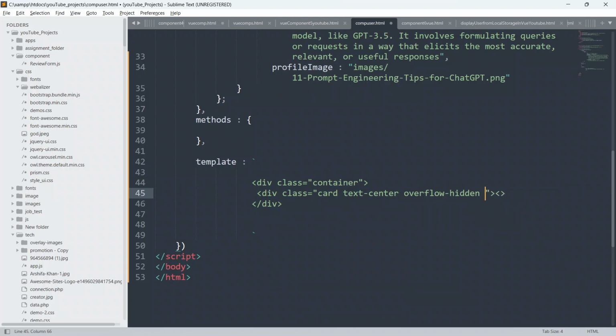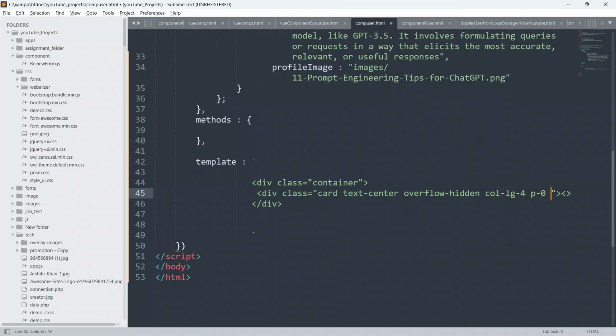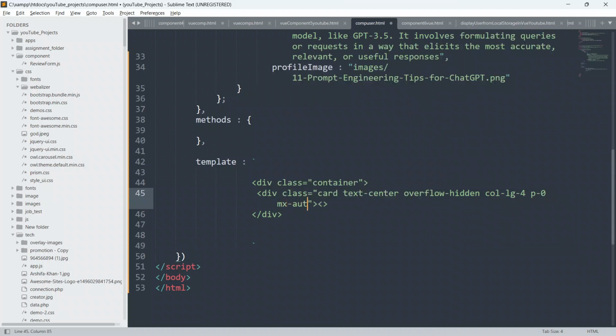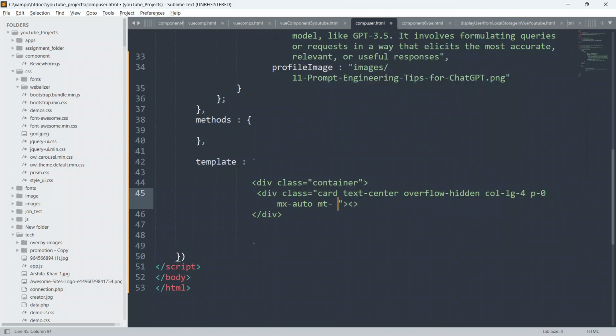Also give col-lg-4, and also give padding 0, so p-0, and I will give mx-auto, and I will also give margin top 5 and margin bottom also 5. Okay, and close this div first.